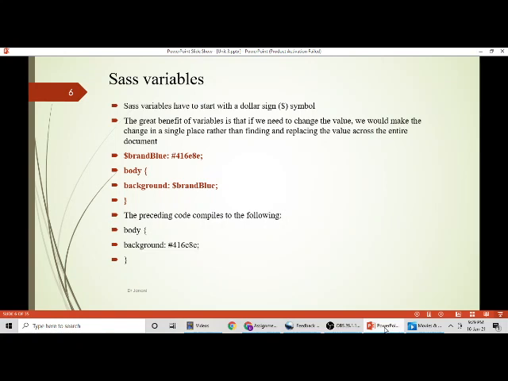Similarly, I am giving a dollar followed by the variable name, colon and the value for that variable. Okay, so when I call this background, see here within the body of the content, what do I do? Background colon brand-blue. So what happens? Brand-blue has the hexadecimal value #416E80. So this will be applied here. Okay, so this is all about your Sass variables.